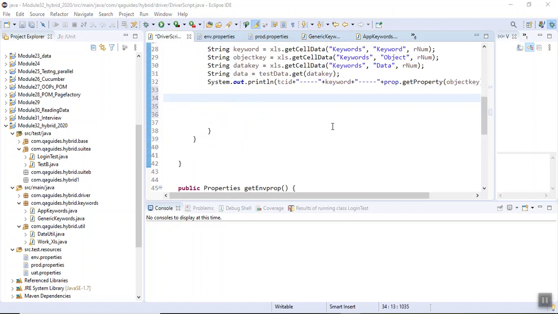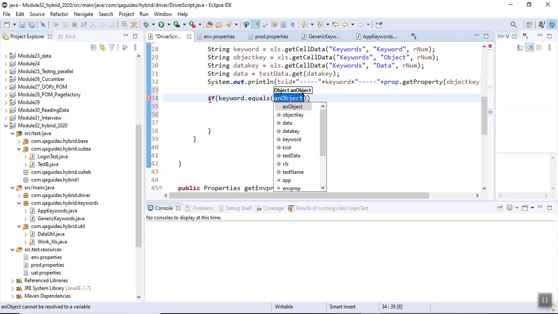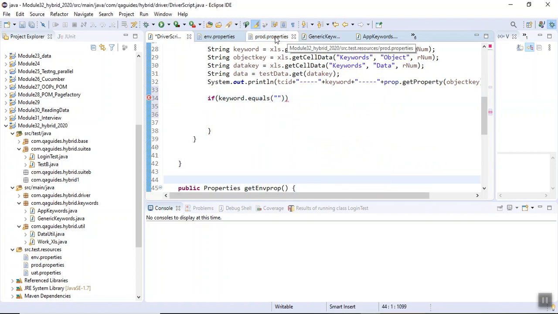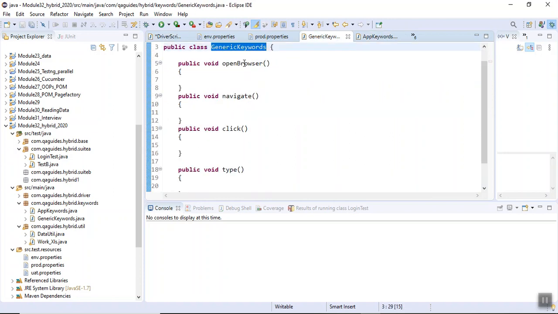Remember? So what I can do, I can write the functions here. I am only writing some if statements here. I am going to modify them in future. Let's write them. If keyword dot equals open browser.